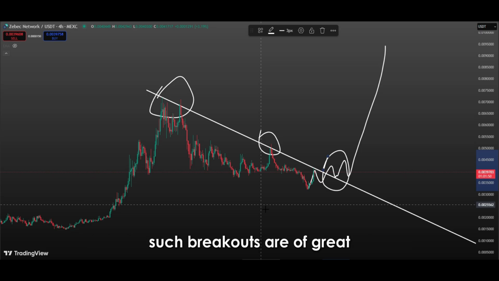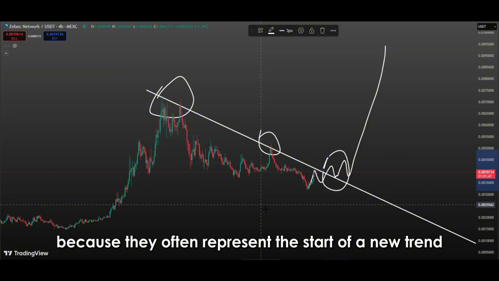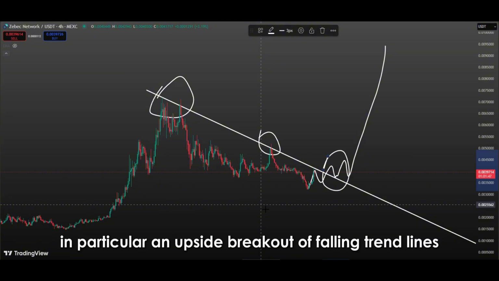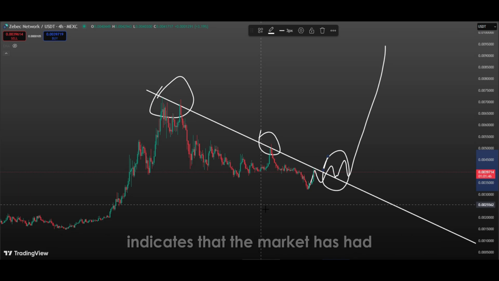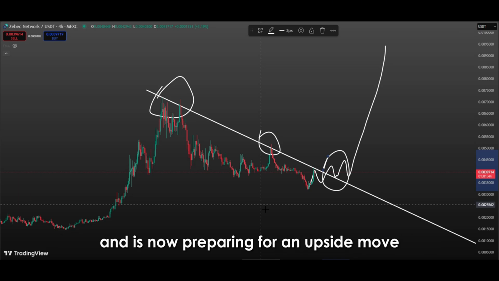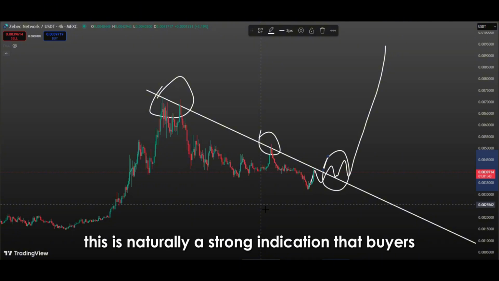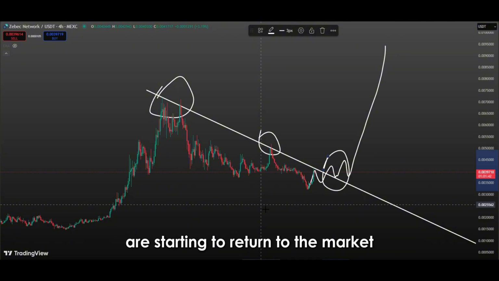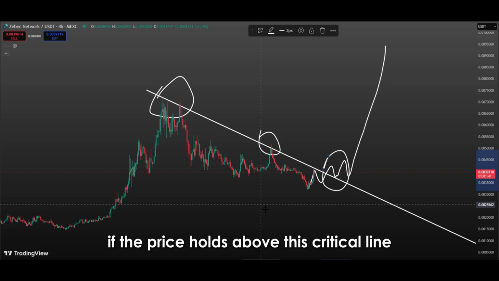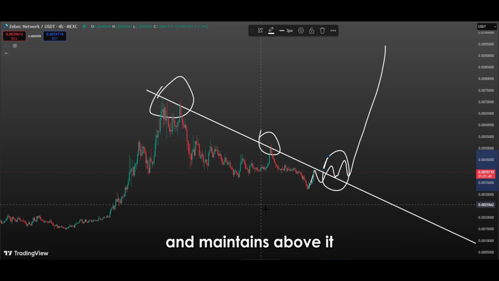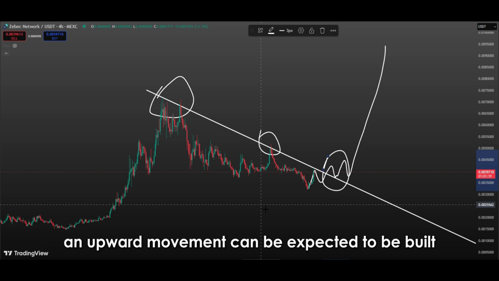Such breakouts are of great importance in technical analysis because they often represent the start of a new trend. In particular, an upside breakout of falling trend lines indicates that the market has had enough of downside moves and is now preparing for an upside move. This is naturally a strong indication that buyers are starting to return to the market. If the price holds above this critical line and maintains above it, an upward movement can be expected to be